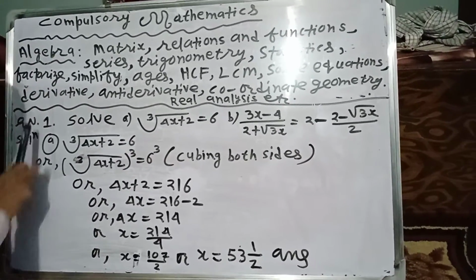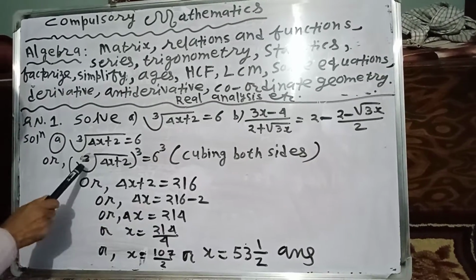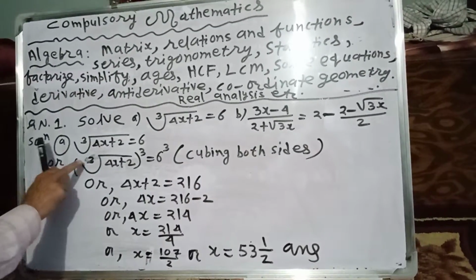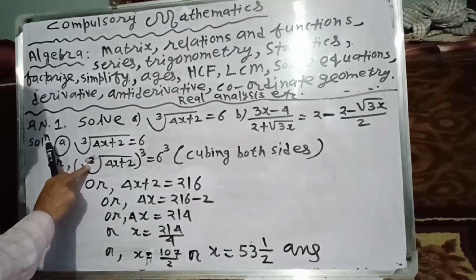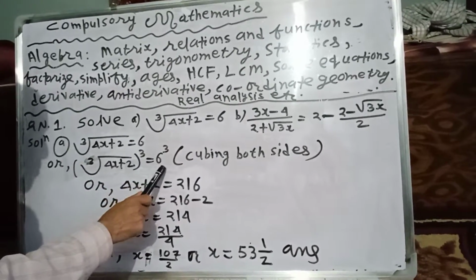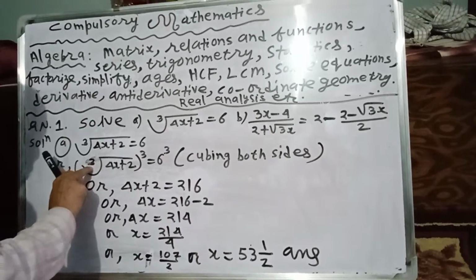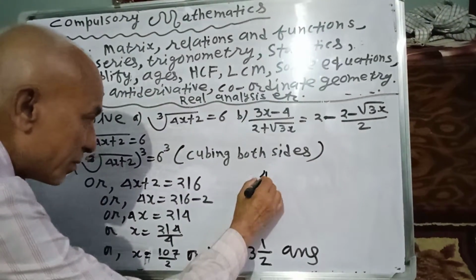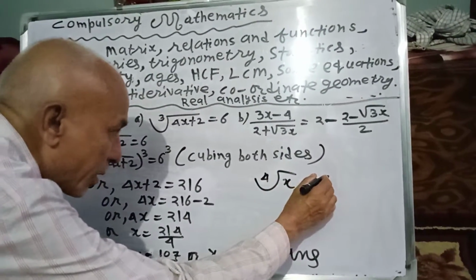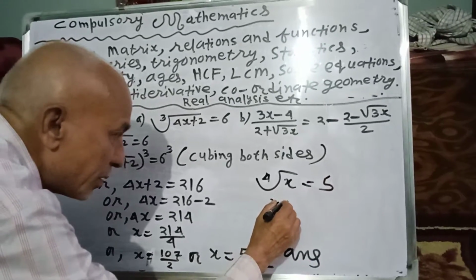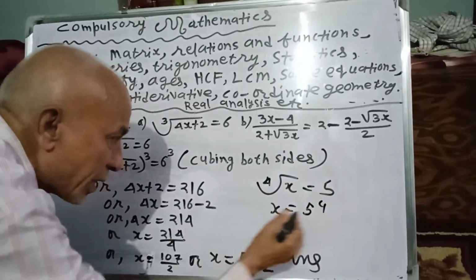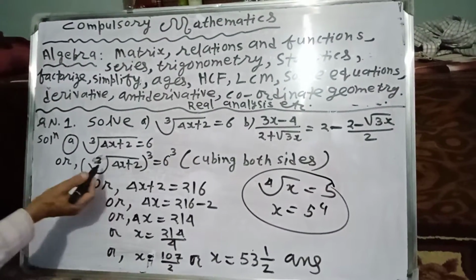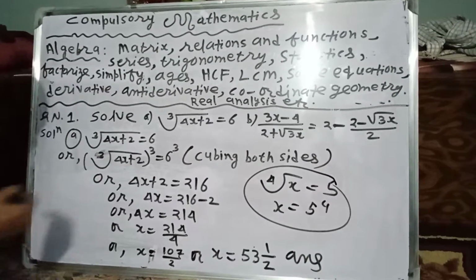We have to remove this cube root, not by squaring, but by cubing both sides. If there is 3, write cubing both sides. If there is 4, you have to write raising the powers by 4, to remove the 4. Like the fifth root of x equals 5 to the power 4, this is raising the powers by 5. One example: if there is 5, you have to write raising the powers by 5.